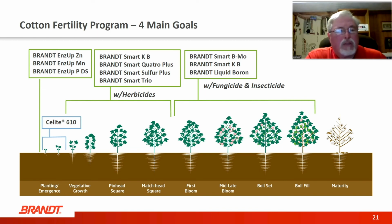The Brandt Enzup PDS, here again, is a dry material. You're putting 5 to 30 pounds per acre. You put it mostly on cotton, where we're putting 5 pounds in furrow with the seed. And as we showed in the yield data, we're getting better results than you're getting out of the